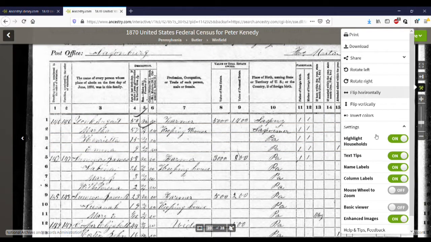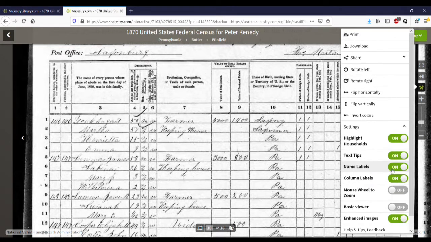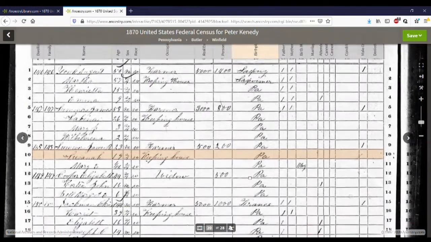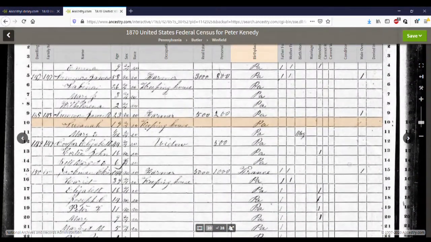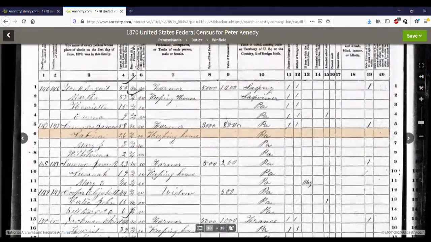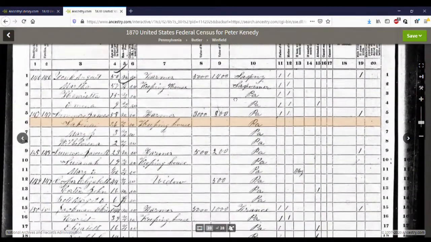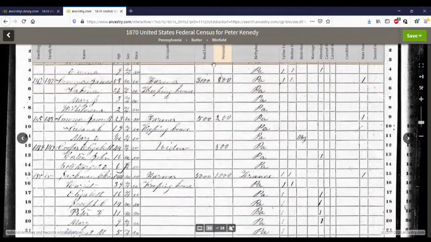Another option that you have here are the name labels and column labels. When these are turned on, the column labels at the top are the pre-printed headings for each of the questions asked on the document. If I scroll down the page and pull this document away, as soon as those column headings disappear from view, Ancestry drops in these little overlays,